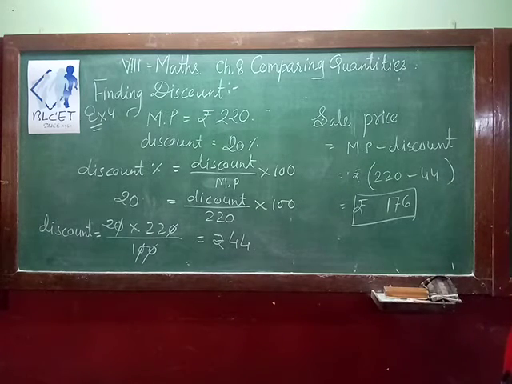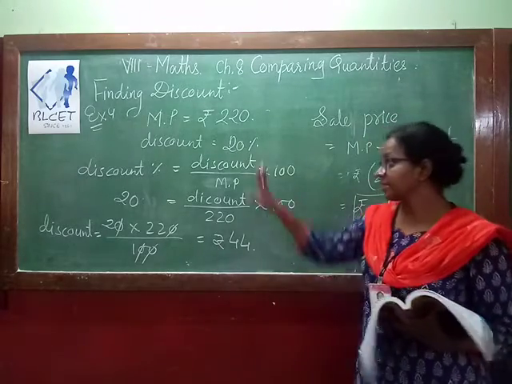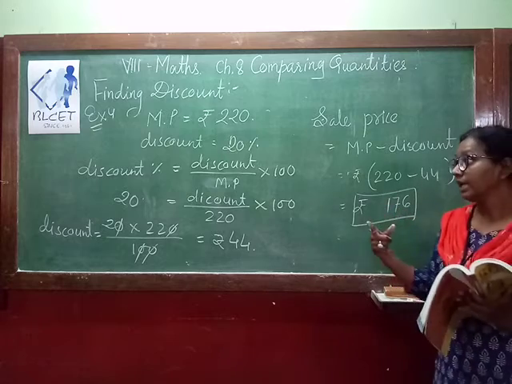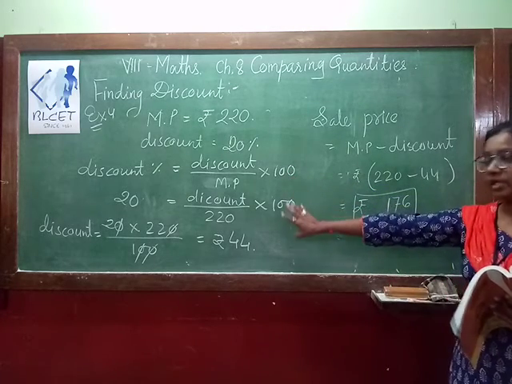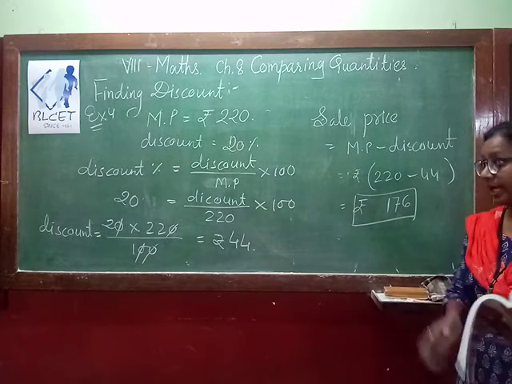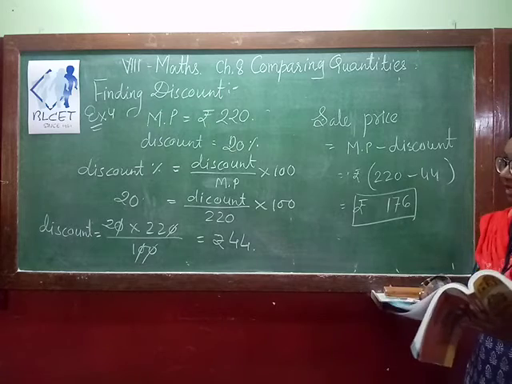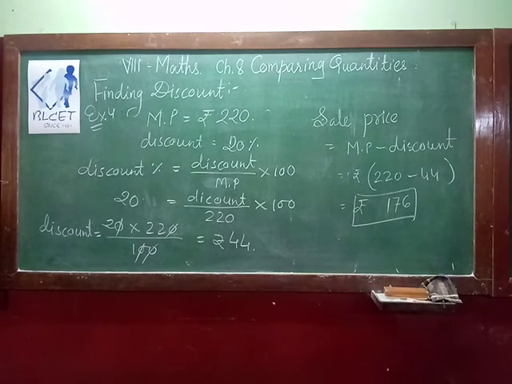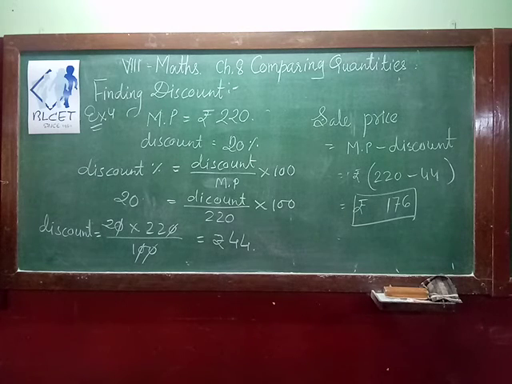Okay. So this way we can find example 4. It's up to you. It's a very simplest method which is not given in your textbook. Okay. Simply you have to remember this formula. It is very easy to understand with the help of this formula. I am not following the textbook method. Sorry for that. Because the easiest way is this. So this way we can find example 4. Discount in rupees and discount percent is already given, and then we can find the selling price.